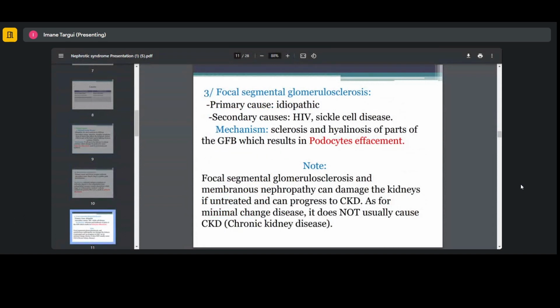We have the third type, which is focal segmental glomerulosclerosis. We have a primary cause, idiopathic, we don't know. The secondary causes are HIV and sickle cell disease. Mechanism: sclerosis and hyalinosis of parts of the GFB, which result in podocyte